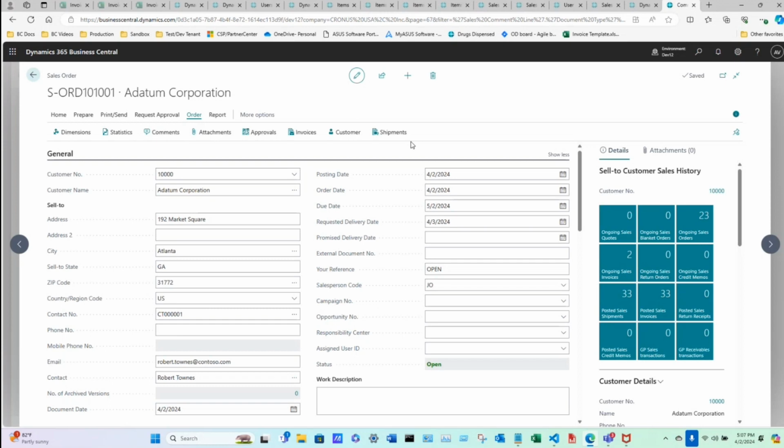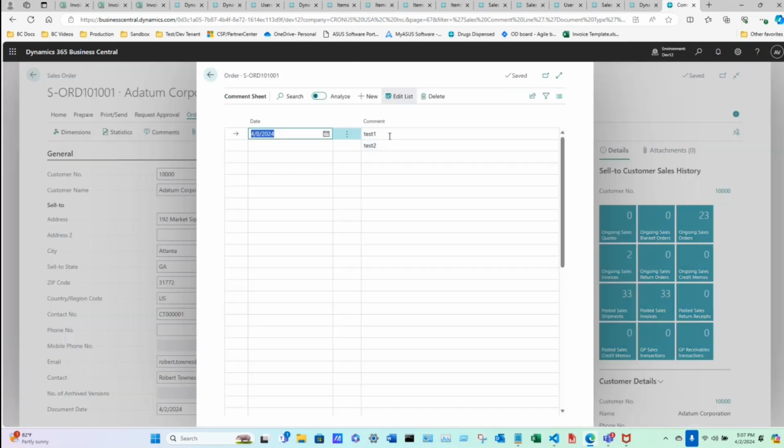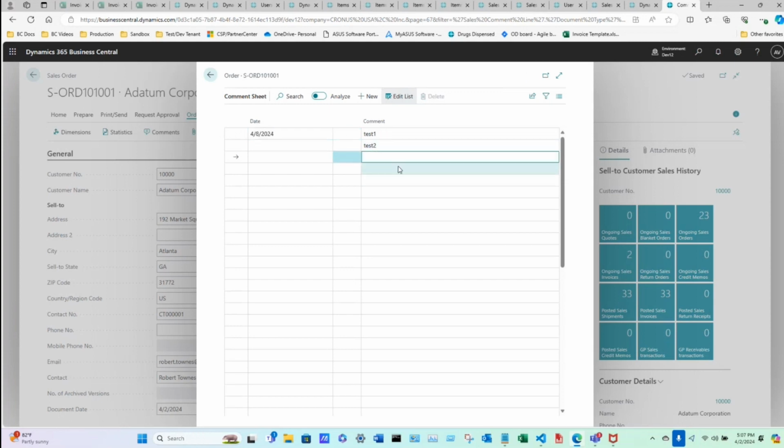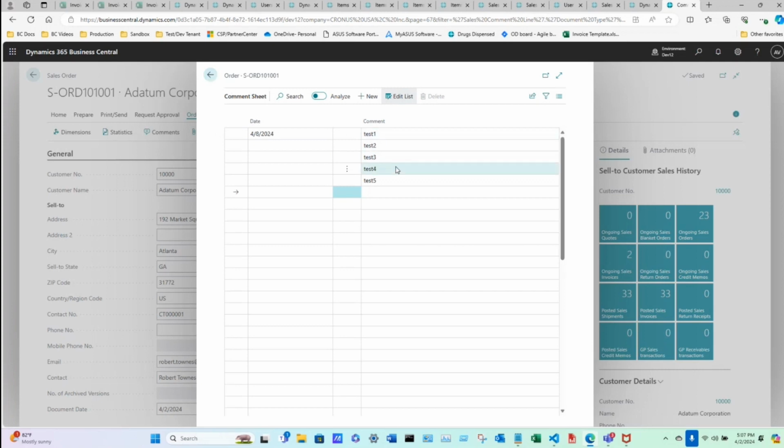Then there are going to be two rows in the text file, based on how many records are in the table. I'll code a few more just so you can see that all of these records will be data in the text file based on the records in the table. So test one, test two, test three, test four, test five. So basically the text file,